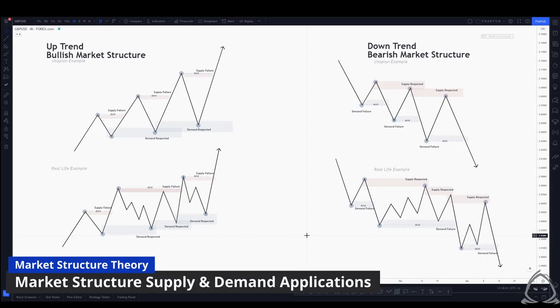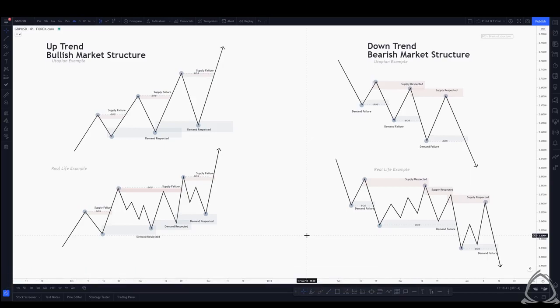Now let's take it one step further and combine market structure with supply and demand to understand how they interact with one another. Using the same examples from prior, we have the, again, utopian bullish trend example. We're creating higher highs, higher lows, higher highs, higher lows, higher highs, and higher lows. But if we take that a step further and look at it through the lens of supply and demand, what